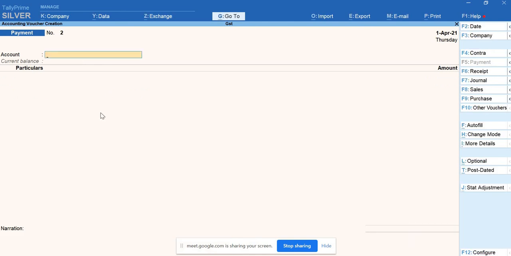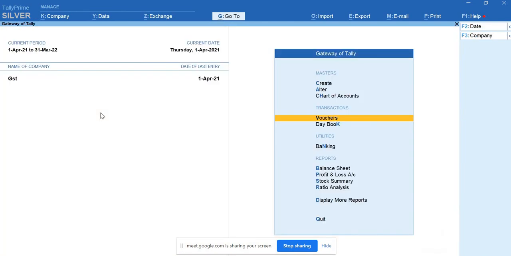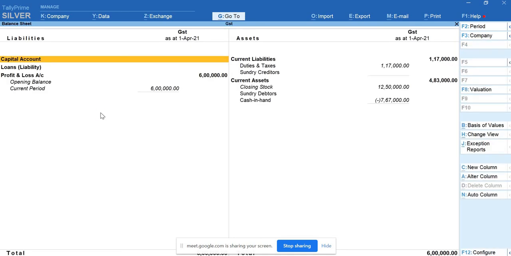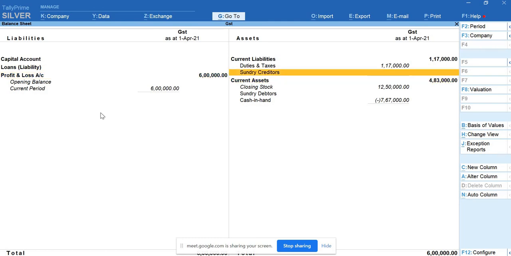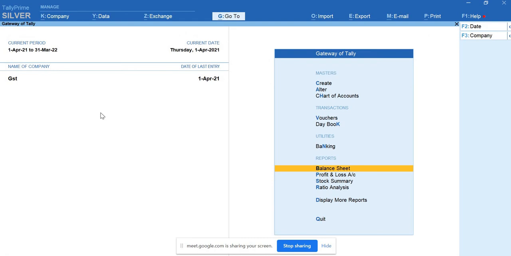So that's it. Now to have a track again, come back to gateway of Tally screen. View your balance sheet. Alt F1. I don't have the debtors and creditors as of now. That's it. So this is how you enter the purchase returns and sales returns into your Tally. And regarding the purchase, sales, receipt and all those things we have discussed in yesterday's class. You can have a track with that. And also we learned how to get into the analysis of stock items. So if you have various products, you can analyze every product according to the same procedure.